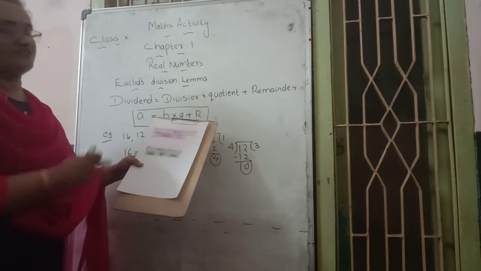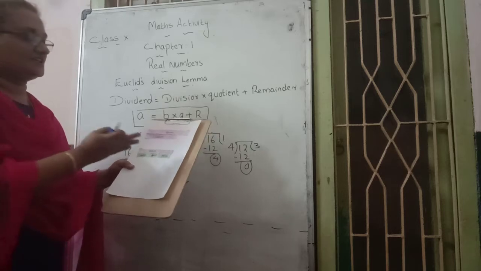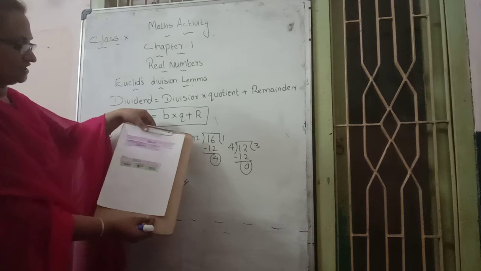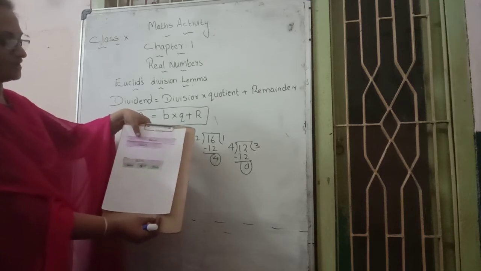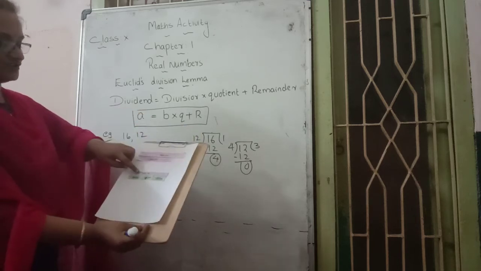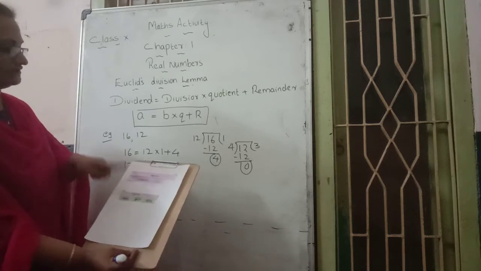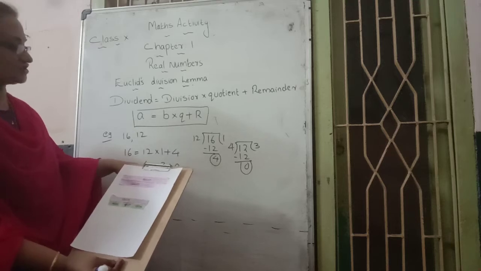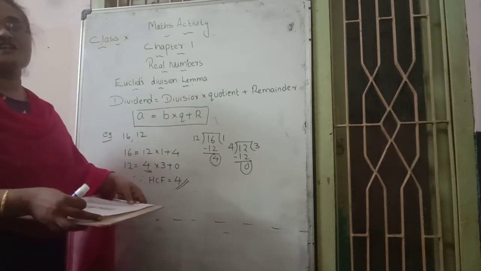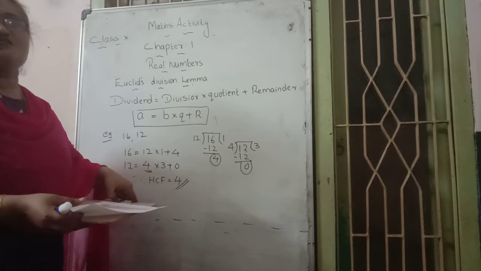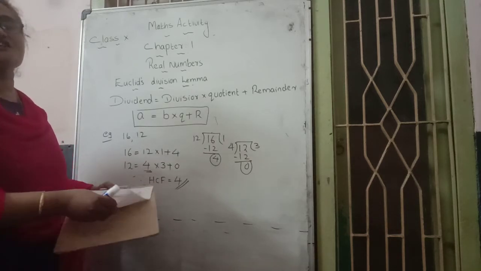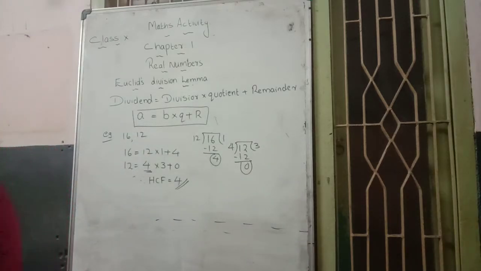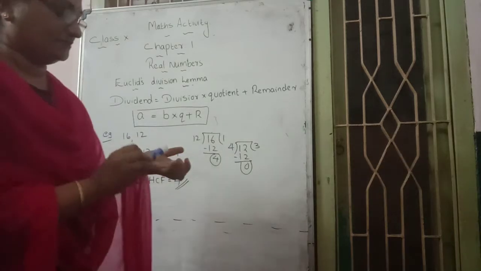16 and 12. That is the meaning of this question. So I hope you can understand how to perform this activity. In this way, keep the strips and paste them: 16 and 12. Then the second line, 12 is divided by 4. How many strips are required? 3 strips. That's why we pasted 3 strips, and we understood that the 3 strips fully covered that 12 centimeter.